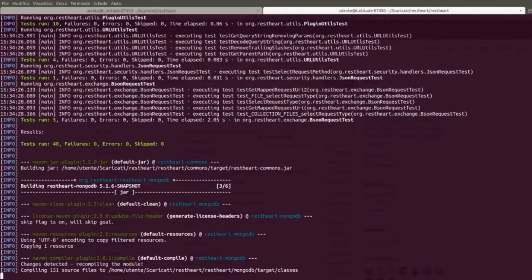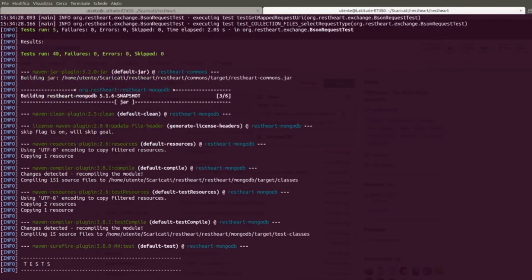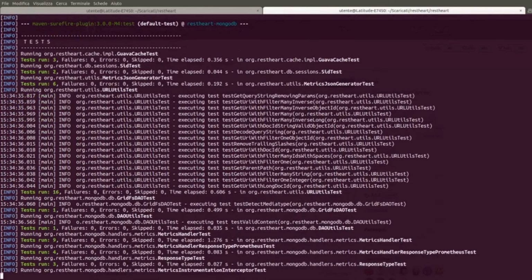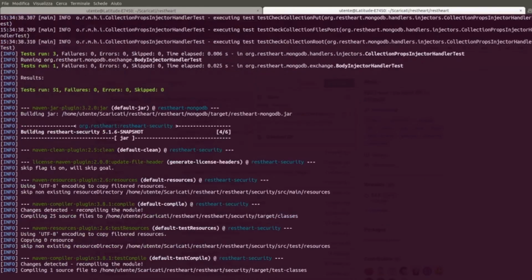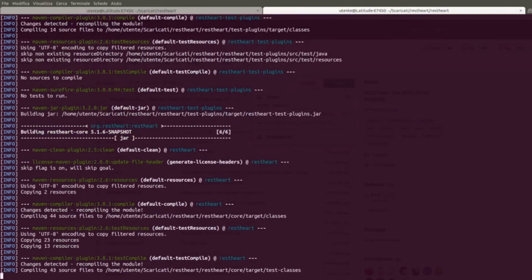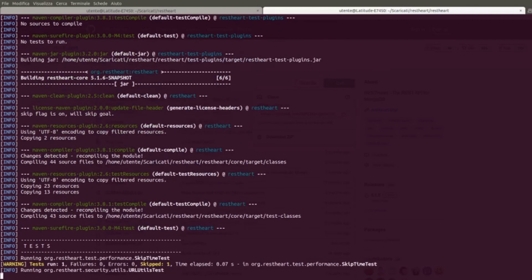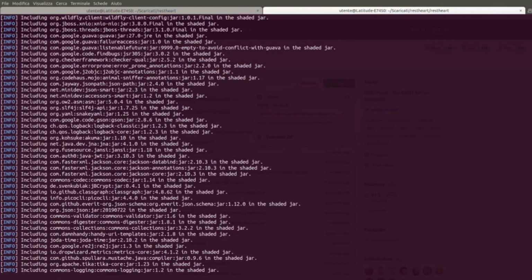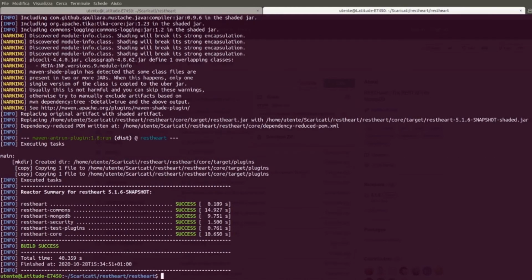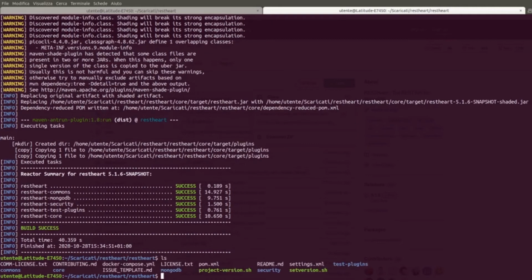When you do this operation for the first time, you will see that all dependencies are downloaded and therefore the operation may take longer, also a few minutes, depending on the speed of your connection. In my case, the compilation of the code takes only 30 seconds.